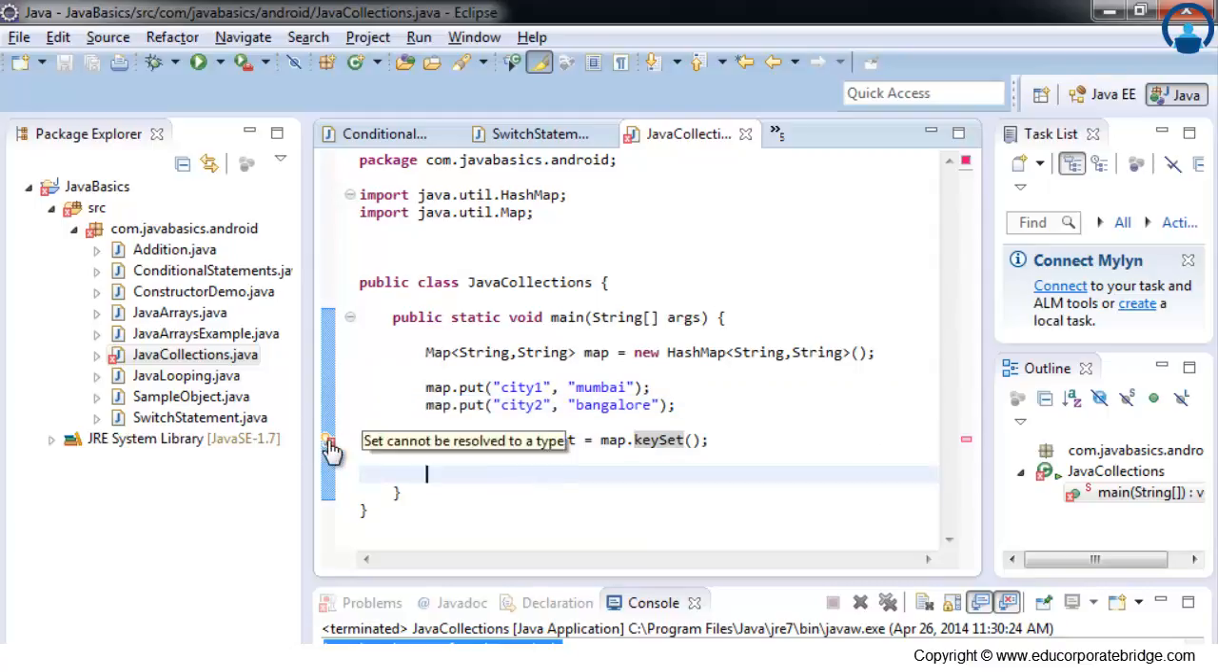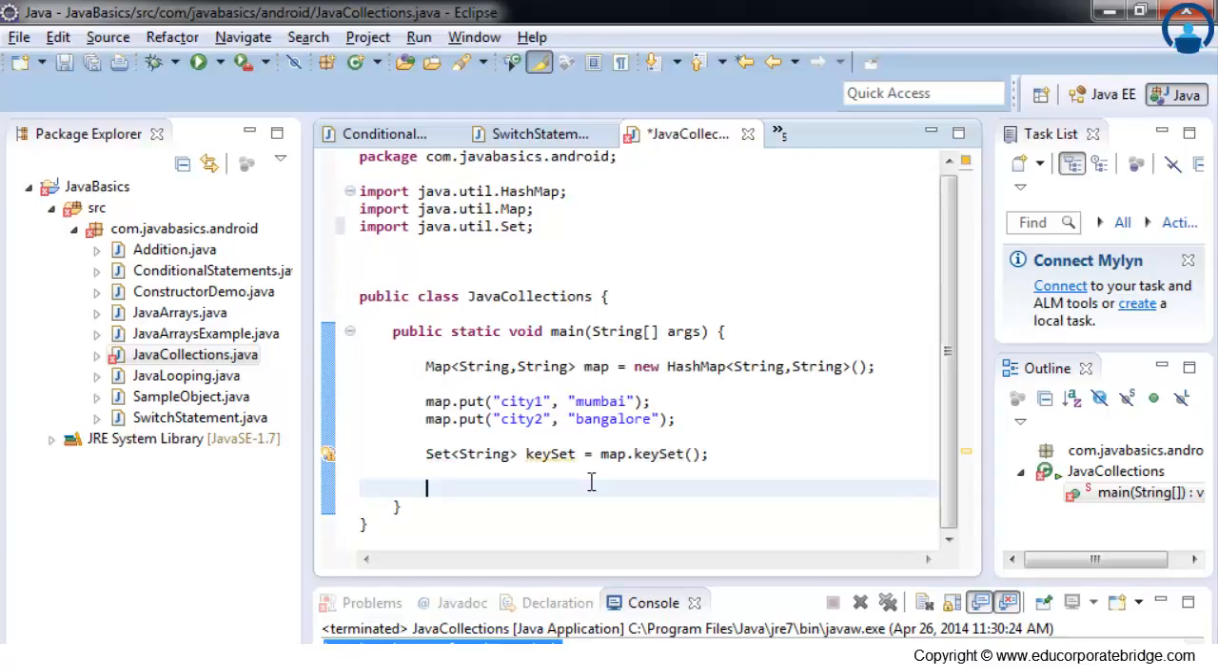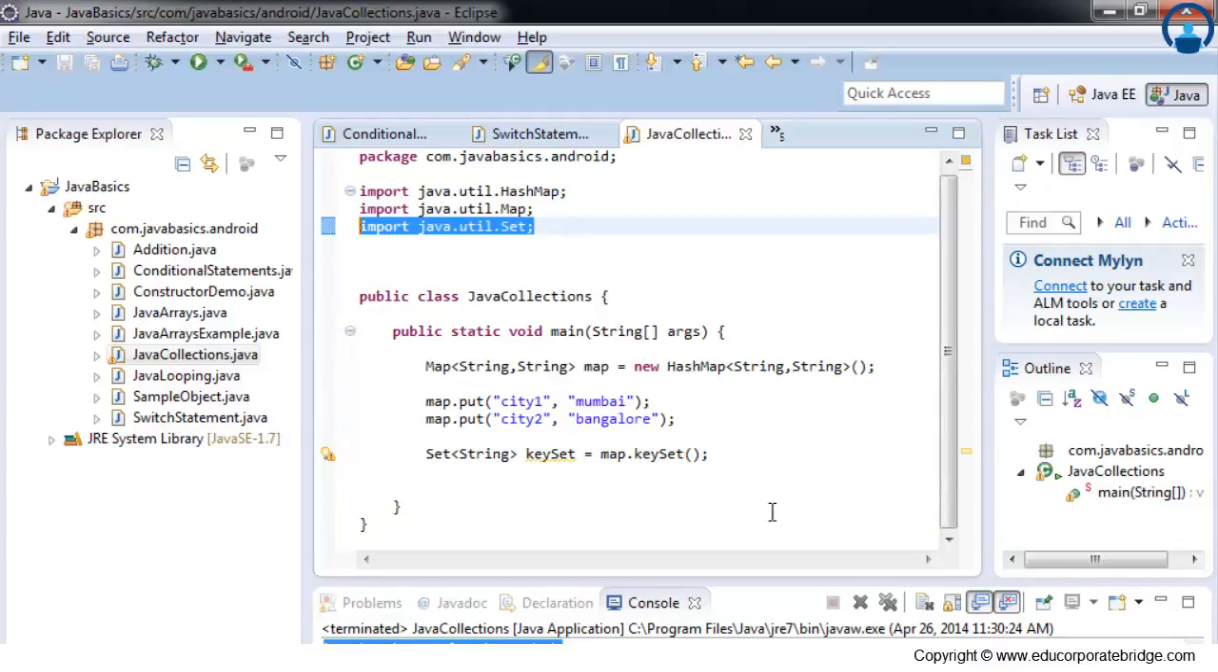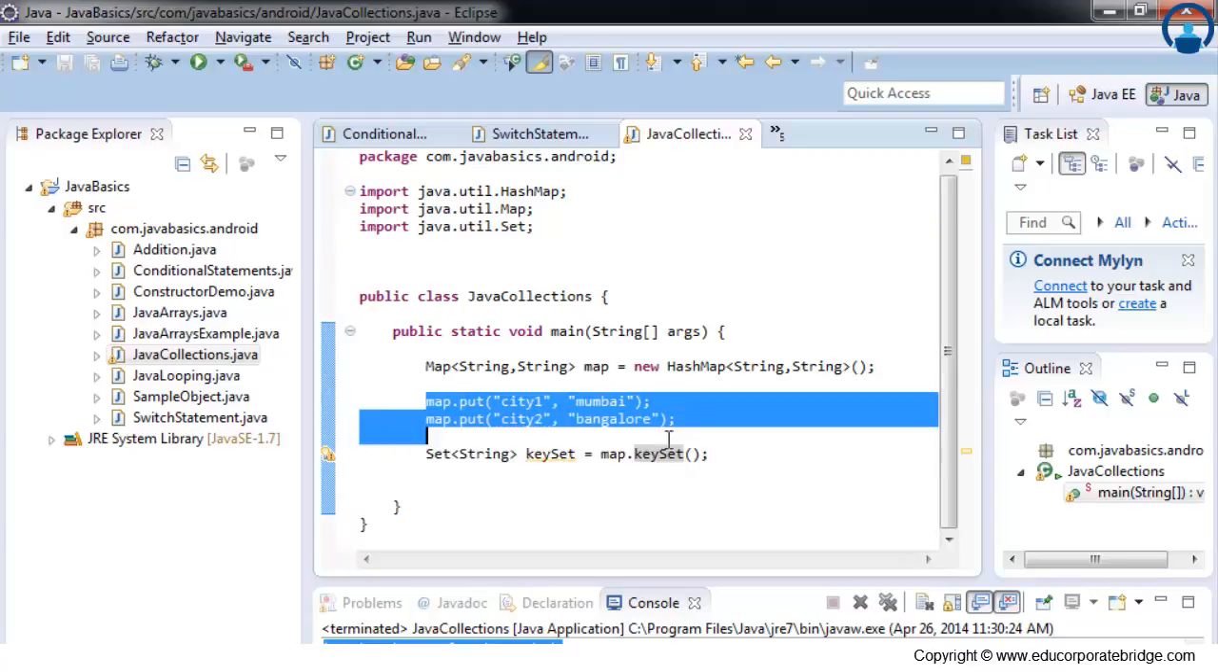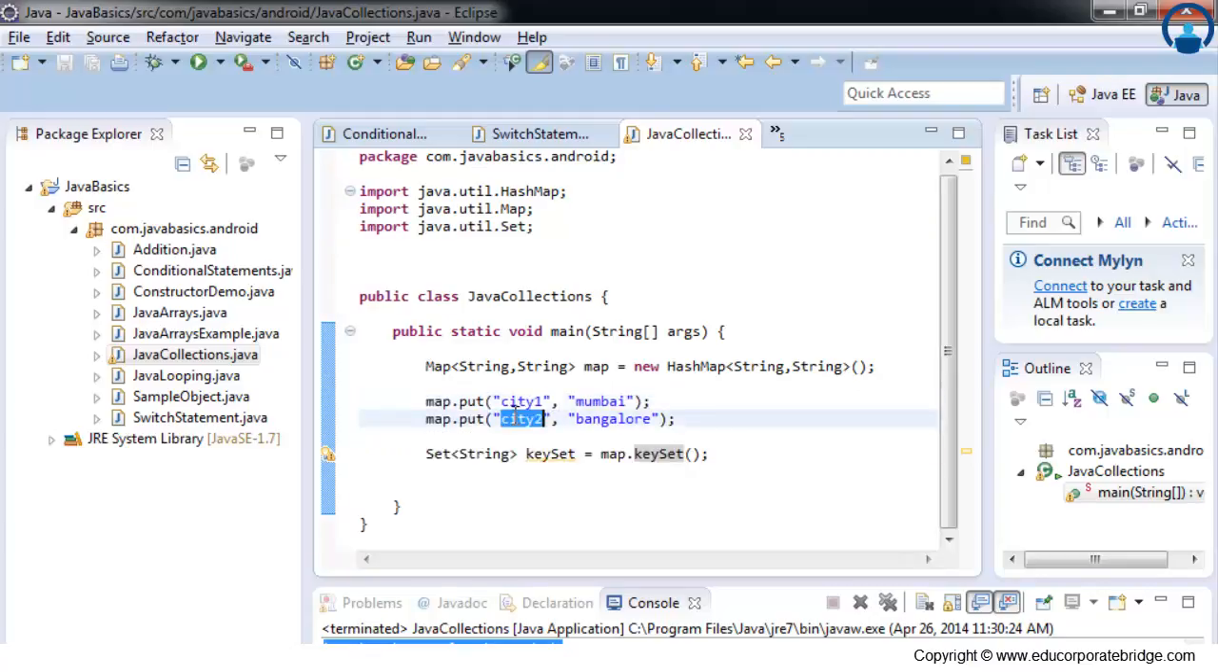So this is showing we have not imported it. For importing it, you can use the shortcut Ctrl Shift O. See, it has imported Map for us from the inbuilt Java library. And this key set will give us all the keys. Suppose in this case we have two keys, city 1 and city 2. So it will give us city 1 and city 2. And now